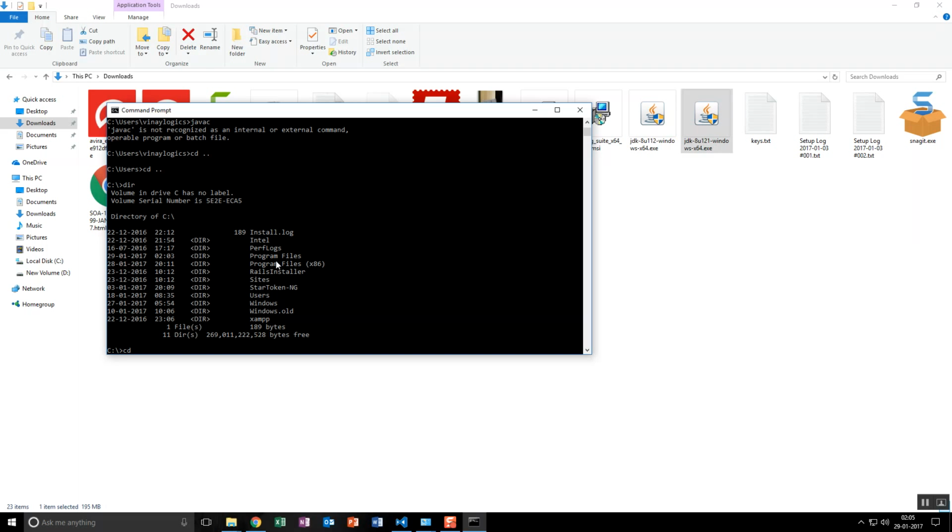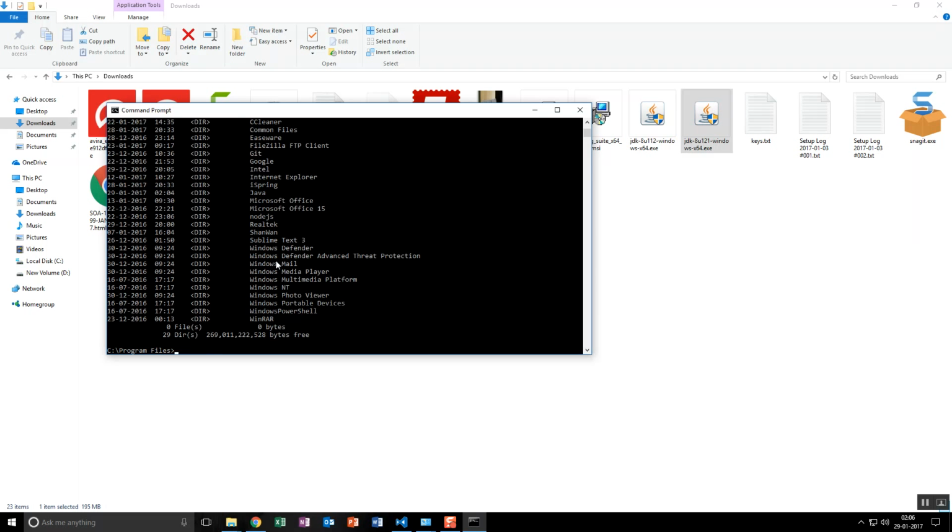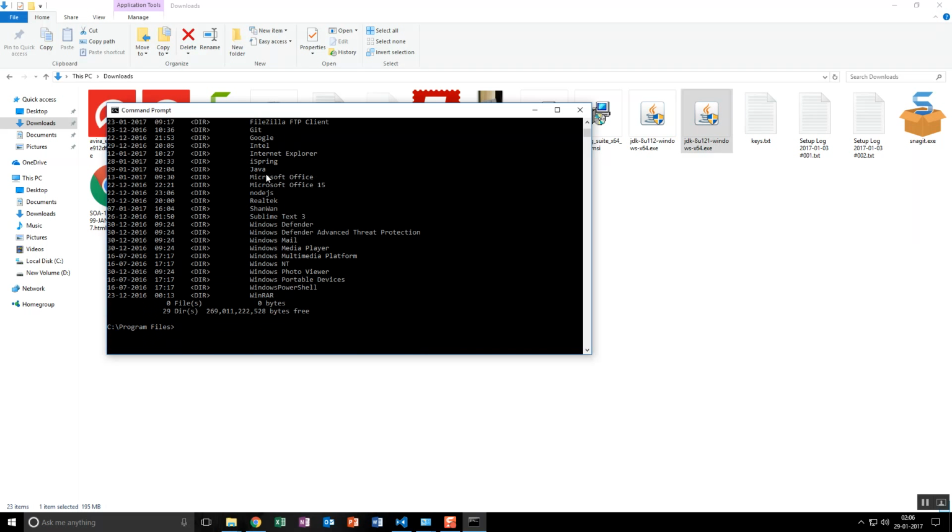In order to travel there, I'm going to type a tab so that it autofills. This is a specialty of the command prompt in Windows. If you type the dir command, you will get the list of software installed, the 64-bit ones. We require Java. This is the one you have to look for specifically. So I'm going to travel to the Java folder.